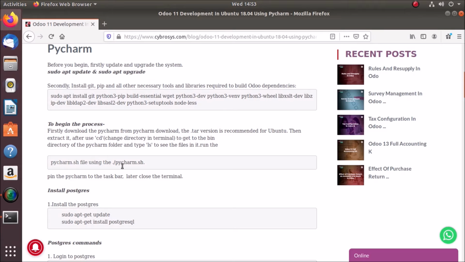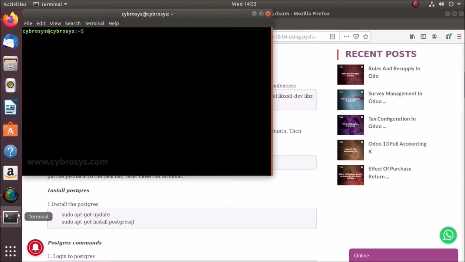So first of all we have to install PyCharm here. For installing PyCharm, we have to update and upgrade our system, like the server. I'm installing it on my local system, so I'm just using my terminal here and putting it in full screen. Now I'm going to type sudo apt-get